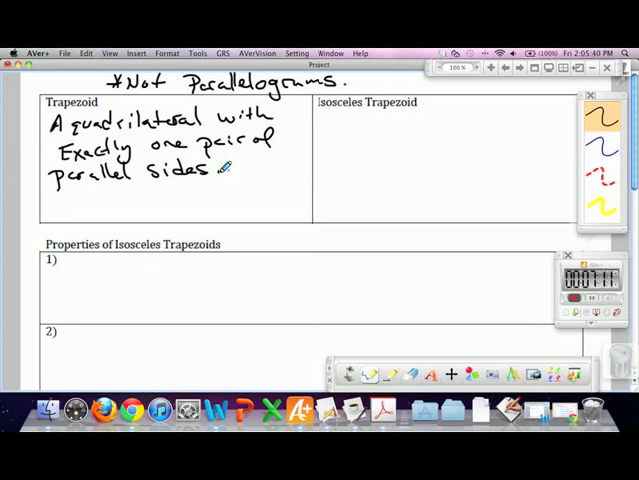A common trapezoid could look something like this, where we have one pair of parallel sides. Again, a very poorly drawn trapezoid, but a trapezoid nonetheless. One pair of parallel sides, but not two. An isosceles trapezoid is a special kind of trapezoid. It's a trapezoid with congruent